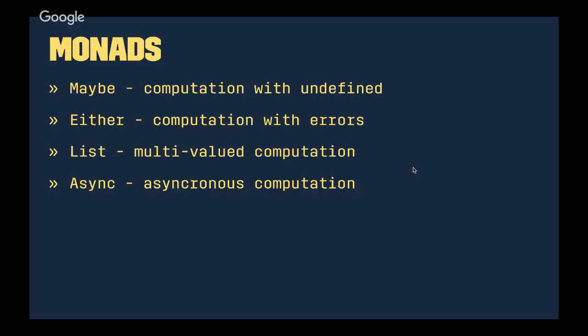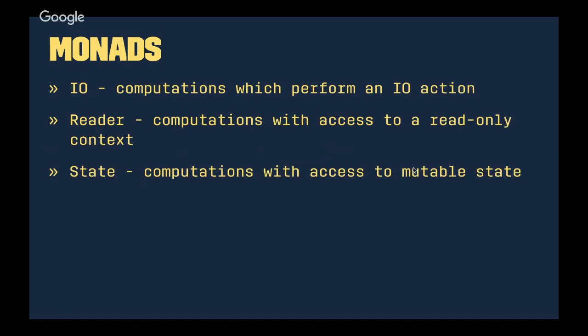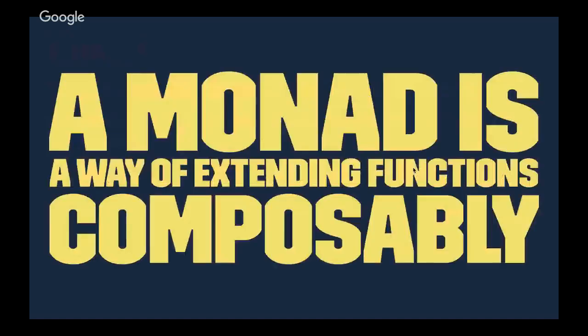List is multi-value computation. If you think back to our example where we started coding, you could kind of smash lists together to get multi-value computation. Think of that as non-deterministic computation. Async, right? Promises are a monad. There are others I'm going to talk about, but if you have languages about not doing anything with side effects, you can use monads to track side effects. I won't say much more than that because we're short on time.